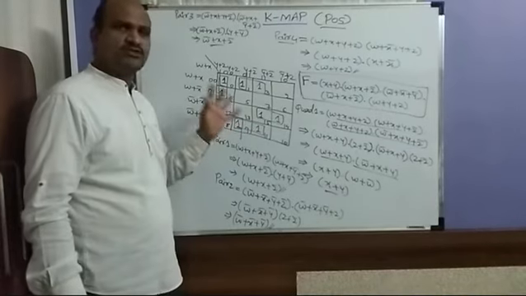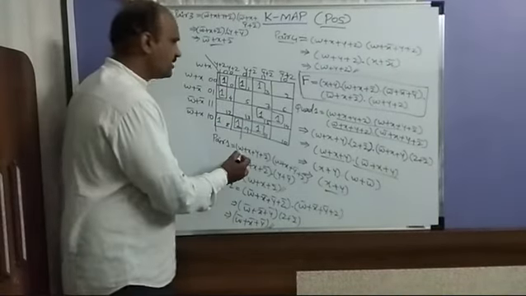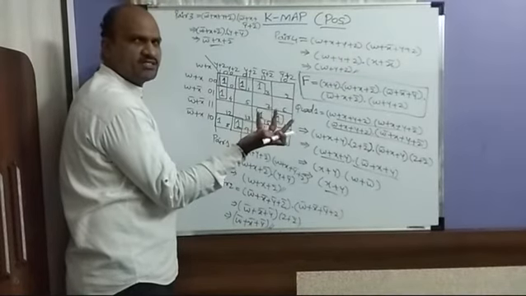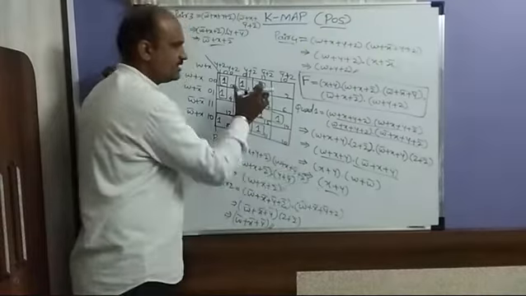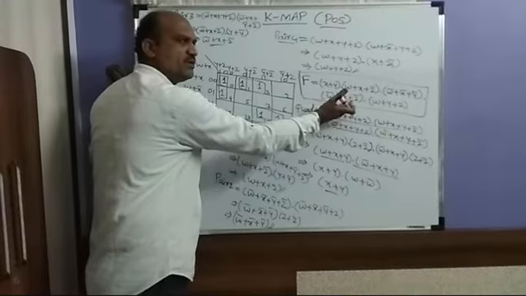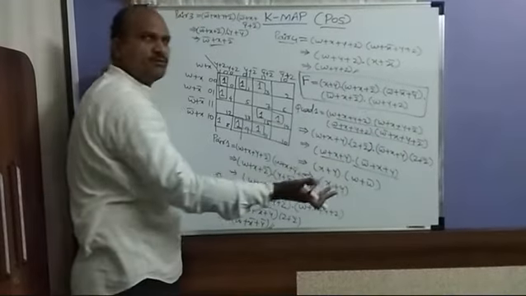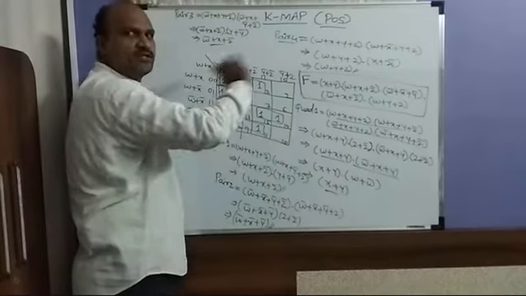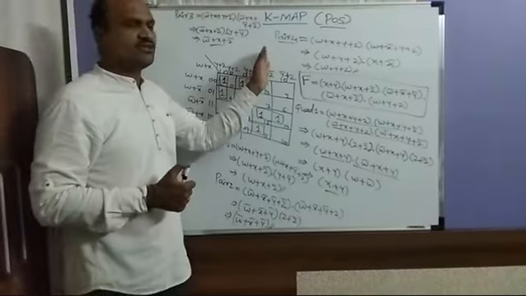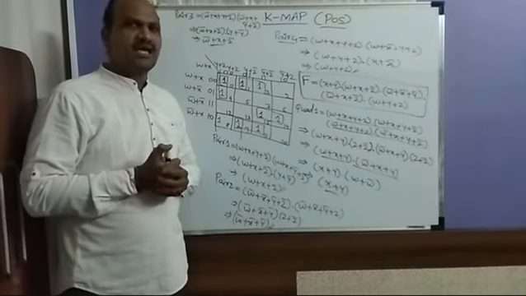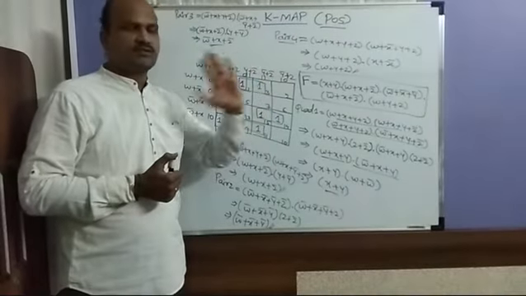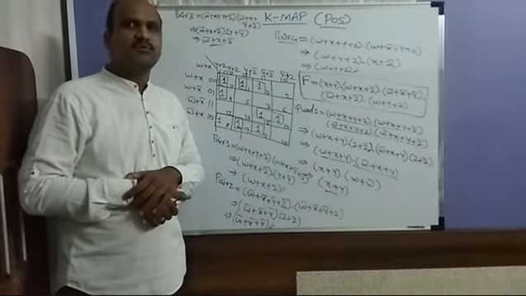And here one thing you should remember: I wrote pair 1 as this one, pair 2 as this one, pair 3 as this one, and pair 4 as this one. We can interchange also, no problem, but the answer should come same. If you write this as pair 1 or this as pair 2, no problem, but the expression should be same. It should not change. This is the K-map for the POS example. In the previous class we discussed the SOP example, and now we discussed K-map for the POS example.